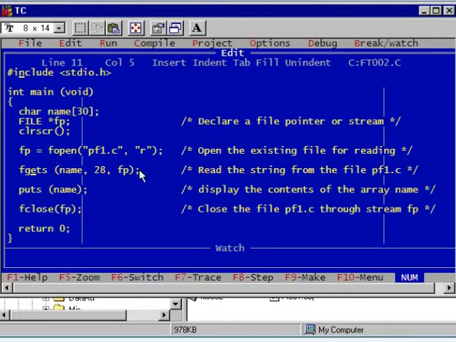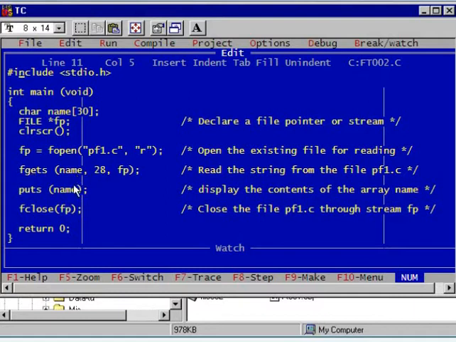So what is the job of fgets? It will read a string from the stream fp and store it inside the array name.